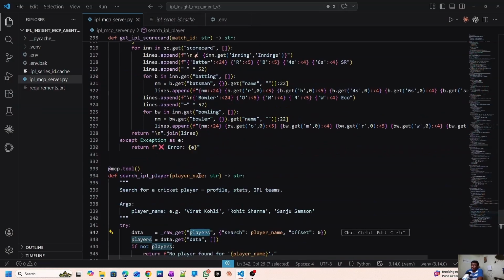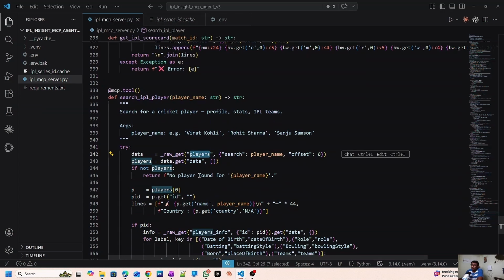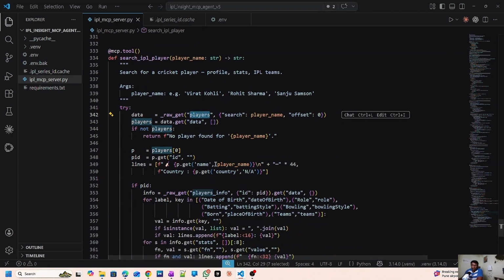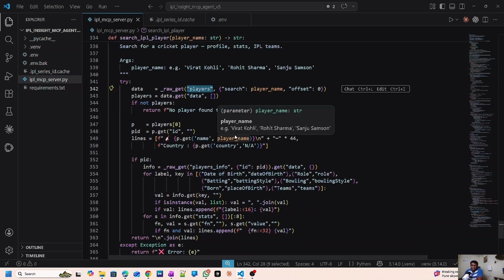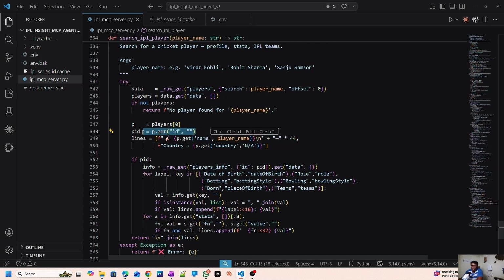Next, we are creating the search IPL player tool. This function searches for a cricket player using the given name. It calls the players endpoint API to find the matching players and picks the first result. It then gets the player ID